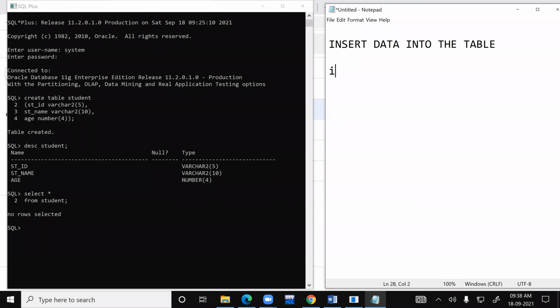Now, to insert data, you have a query called insert. Insert into table name values. Okay, here you will give attribute 1, attribute 2, etc.